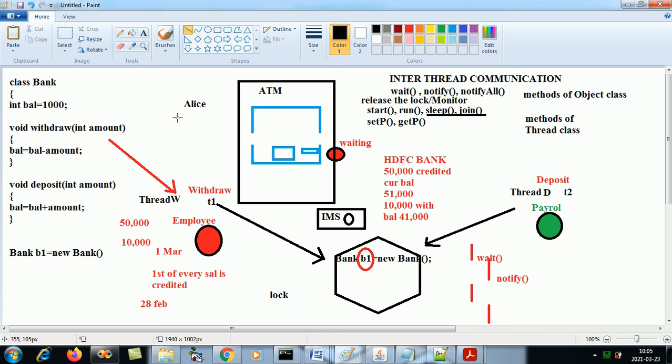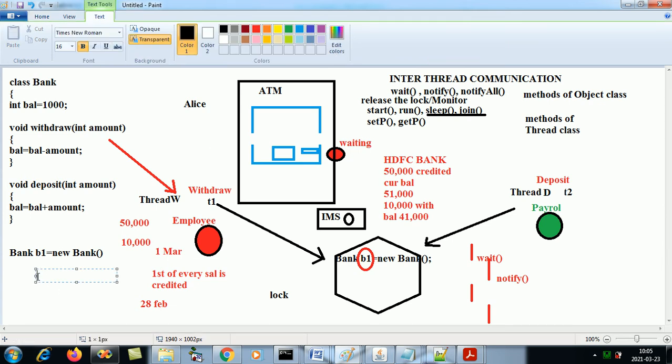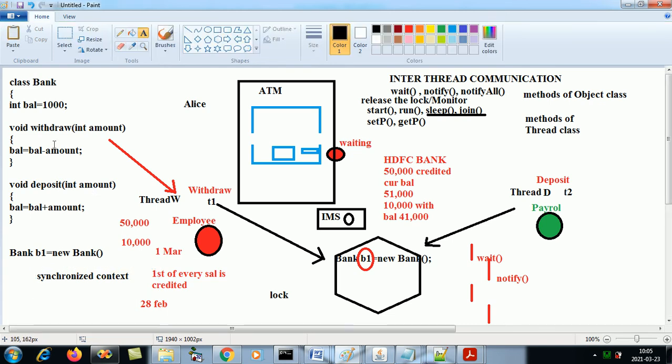The second thing is, if you are firing a wait method, it has to be within a synchronized context. Either a synchronized method or a synchronized block. So withdrawal is waiting for deposit, right?